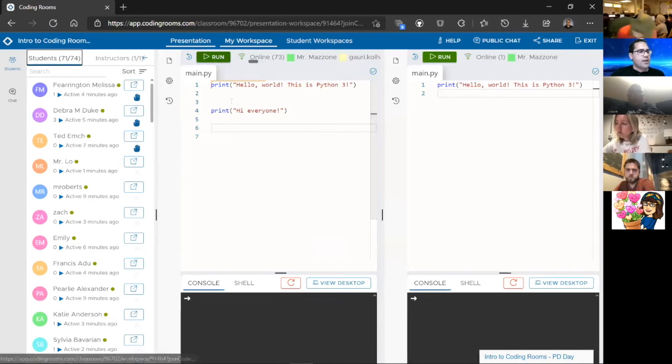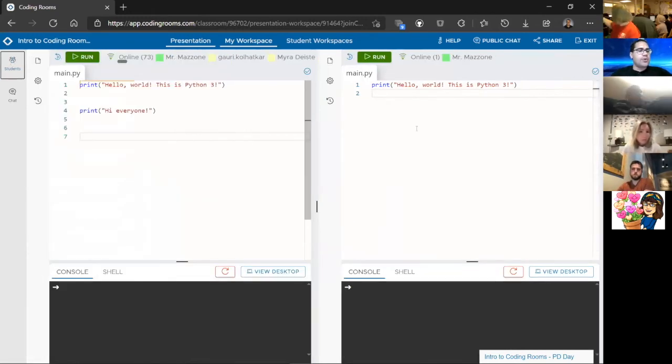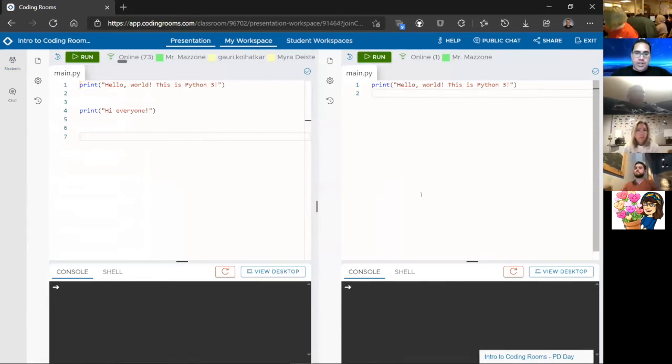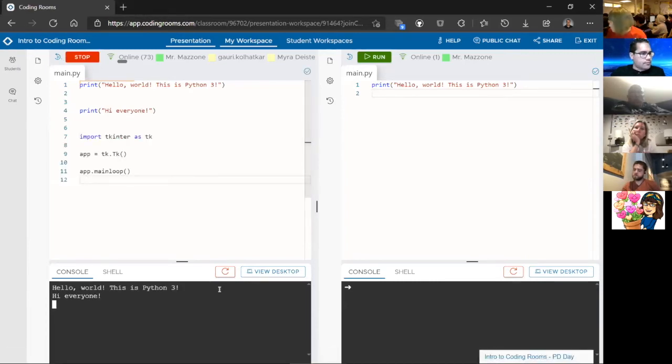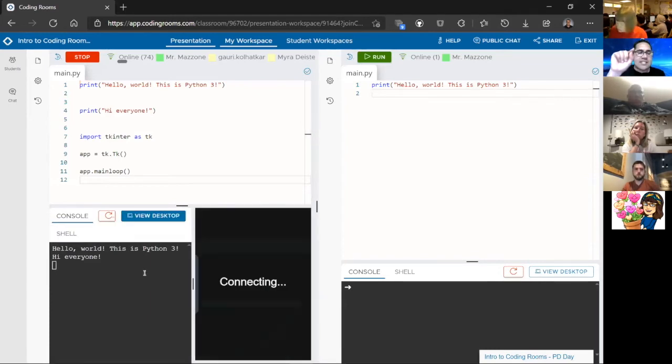All right, so we have the presentation area. This is where you can follow along. Everyone can see what any of the instructors on the workspace type and see. What you want to do is type your code inside of the My Workspace area. Notice this is the same workspace and developing environment that we just saw in a regular area. The special thing about it is you're all able, inside the same window, to watch me and what I'm demoing. For instance, let me grab that GUI code in the workspace. You're able to see what I do, and you can even open up my desktop to see the GUI that I created